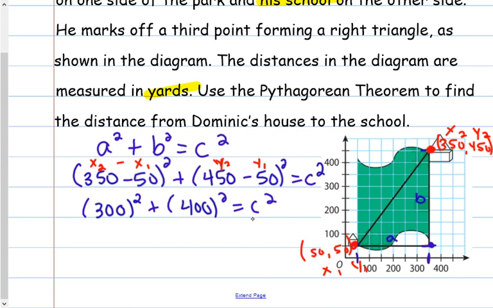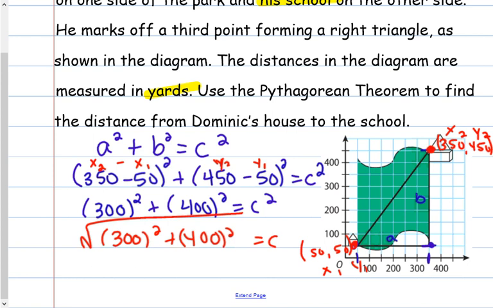You're using your distance formula because the next step right here is to take the square root of the 300 squared plus 400 squared. So like I said before, it does not matter if you start out with the distance formula or if you start out with Pythagorean theorem,